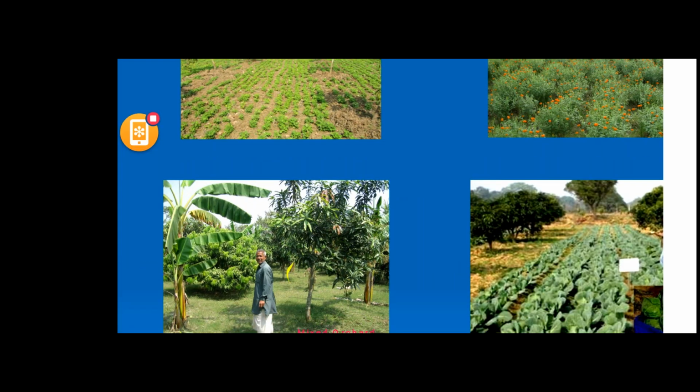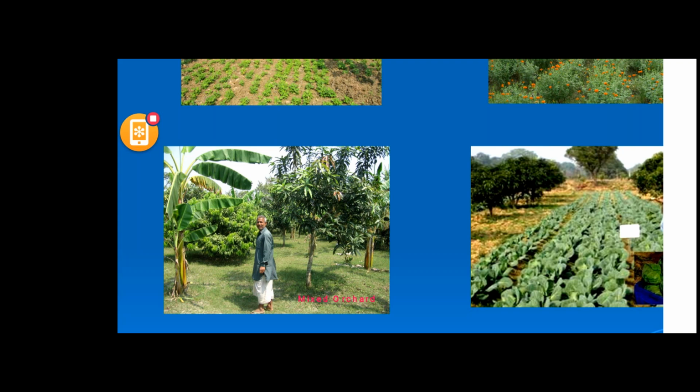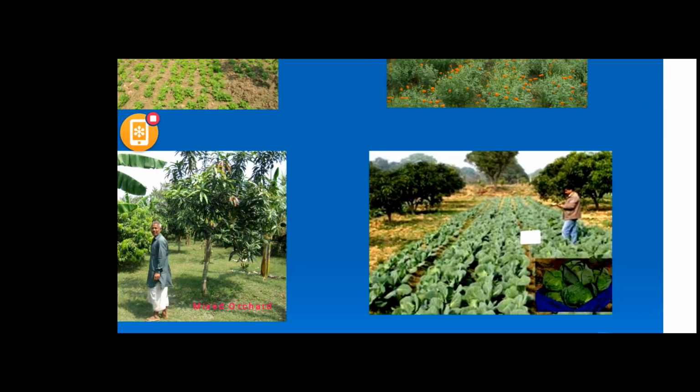And also marigold. It is a mixed orchard. You can add a mixed orchard like that. So not only mango, with mango you can add lychee, banana, and many other crops like citrus and pomegranate. You can add a mixed cropping orchard like this to have better utilization of the land and also to avoid the alternate bearing habit of mango. This is cabbage, which can be grown very well in the initial years